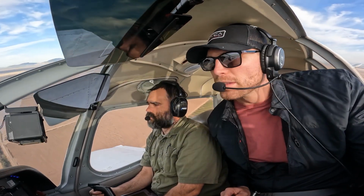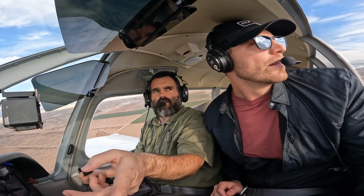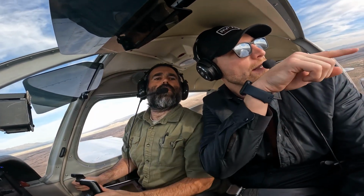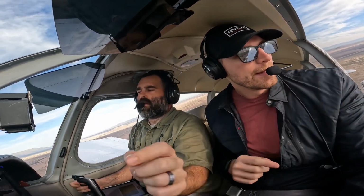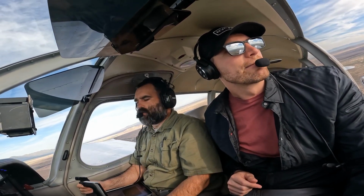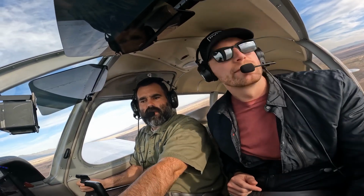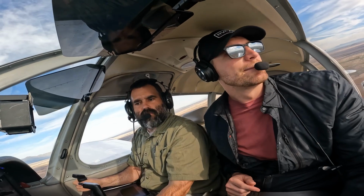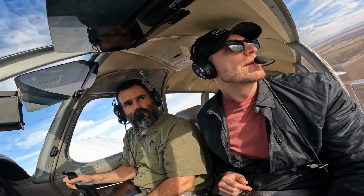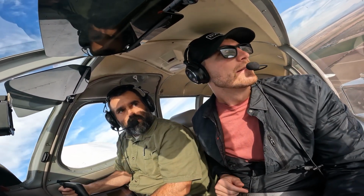Okay, out of your window, you should see some buildings that look like stables. And on the ground right here. Yep. You see them? Yeah, like right over here. Yep, okay. So we're going to use those as our point. And so what I'm going to do is I'm just going to try to maintain, we pretty much have a tailwind right now. Which means that if I want to maintain our distance to that point, I'm going to have to be pretty much at our steepest point of turn right now,